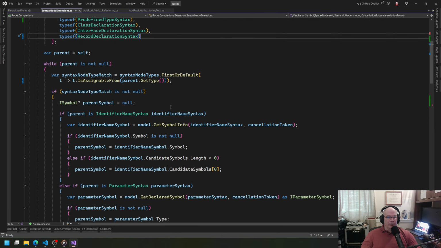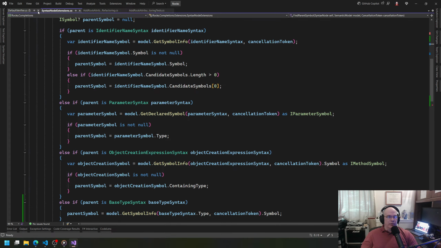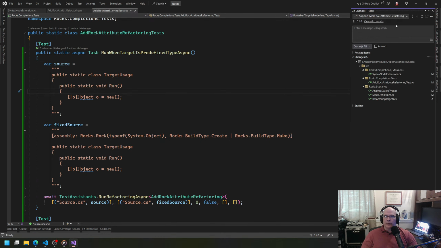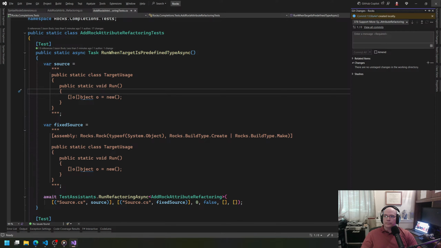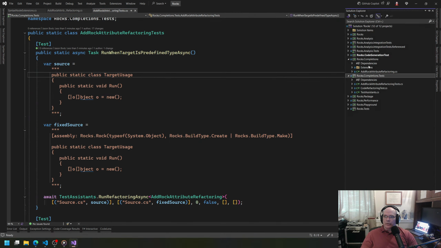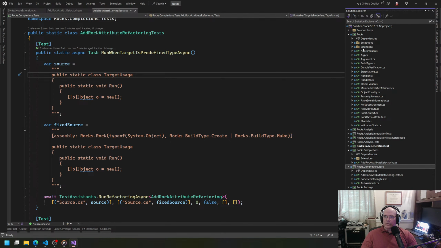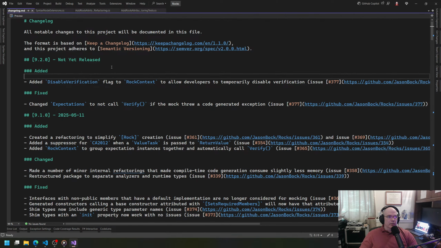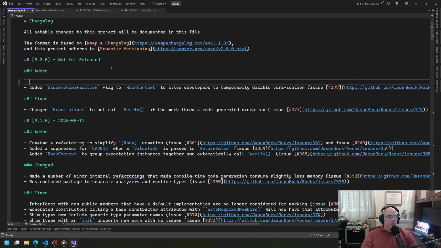So, okay, cool. I think we've got a couple of extra cases here. And if I run the tests here, they all pass. Good. So let's actually commit this. 378. Added more refactoring targets. All right, and while I'm here, let's go to here and make sure I've got that. Added more syntax nodes